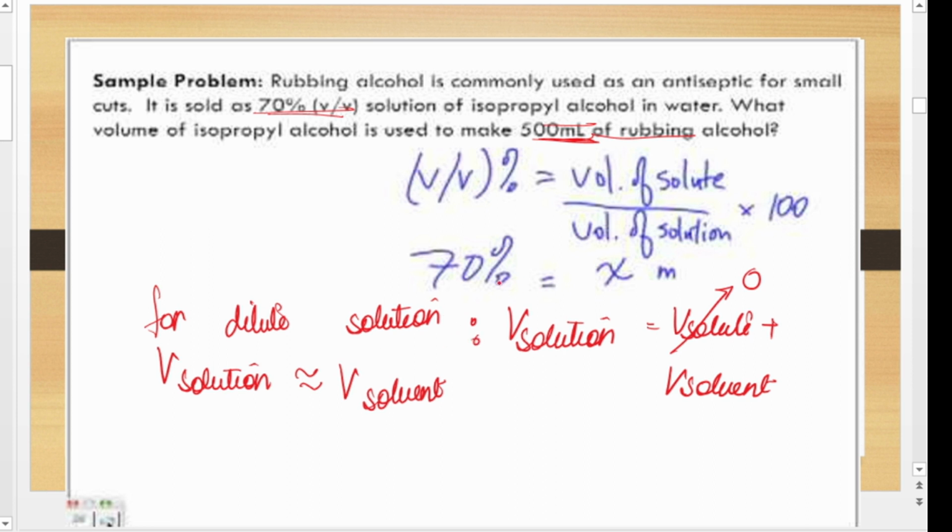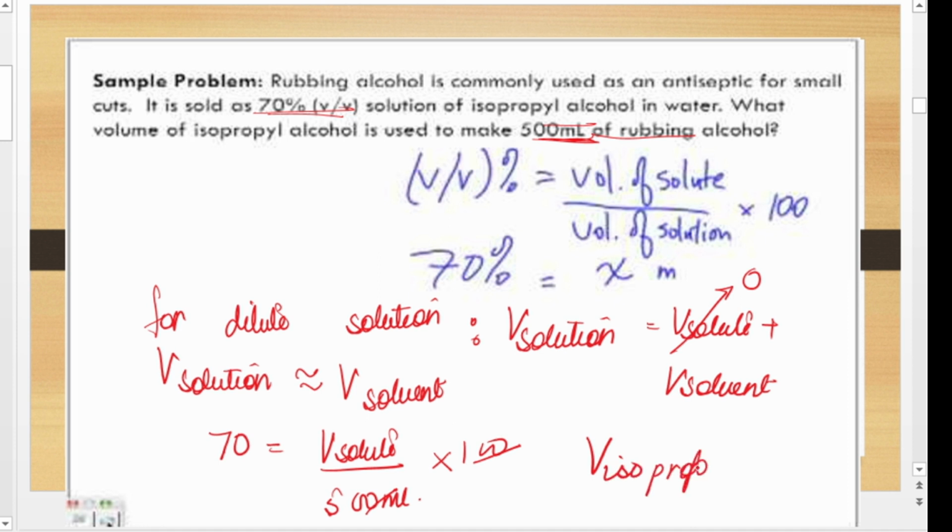So now the percentage we need to find will be equal to the volume of solute, that is my alcohol, and this is my rubbing alcohol, that is this much, into 100. So you can just go for the calculation part. What is the volume of isopropyl alcohol which needs to be added in 500 ml of sanitizer? It will be 350 ml. So you can do this at home.